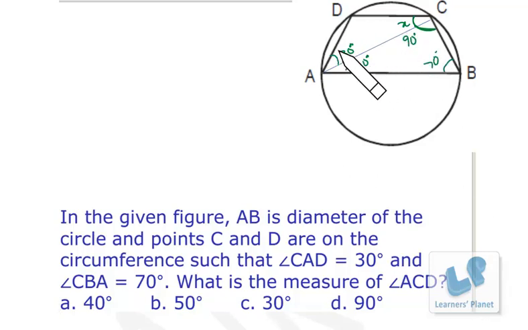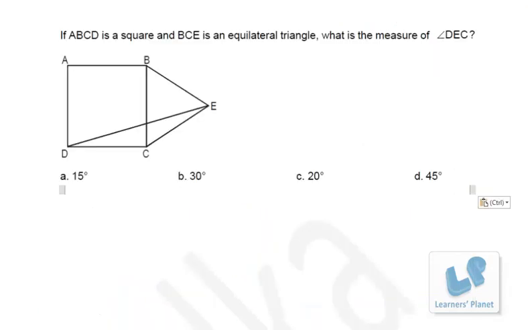90 we already have, then this is 50, that means x has to be 40 degrees to make this plus this plus this plus this to be 180. So what is the value of x? That is 40 degrees. Okay, so that's a very simple problem. We just should be knowing the concept that angle in a semicircle is 90 degrees. That's it. Clear? Now one more very simple question with us.